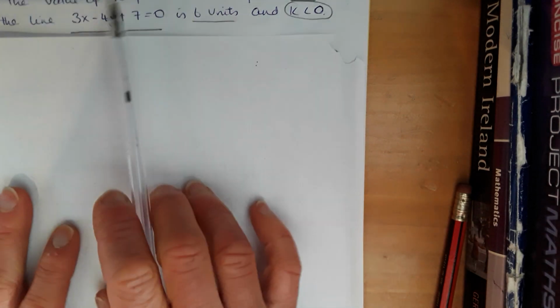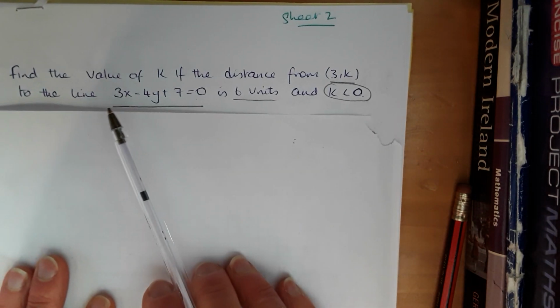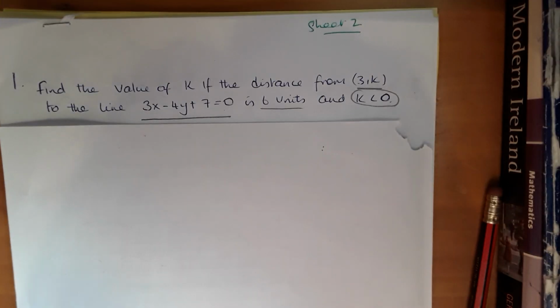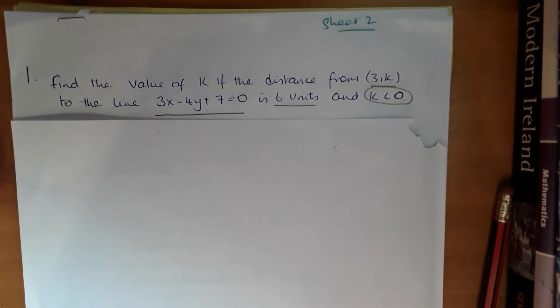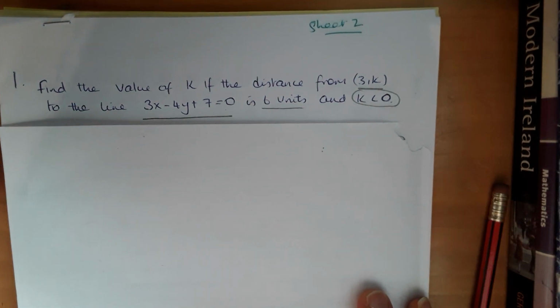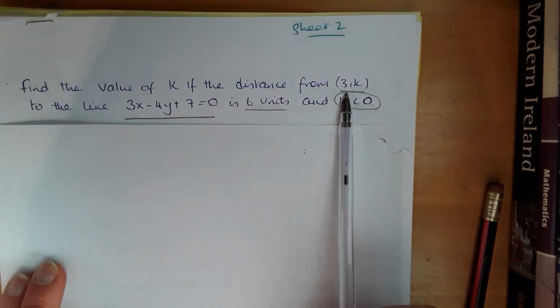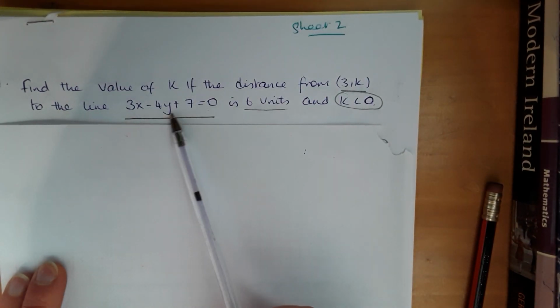Okay, now what I'm going to do here is continue on again with the perpendicular distance from a point to a line. Just moving on to another few questions on it. So find the value of k if the distance from the point 3k to the line 3x minus 4y plus 7